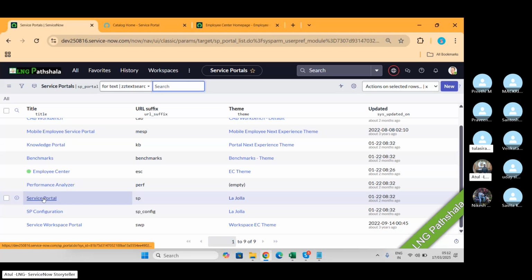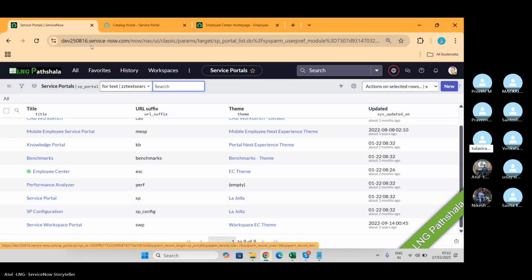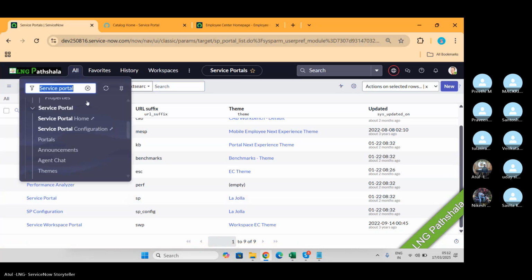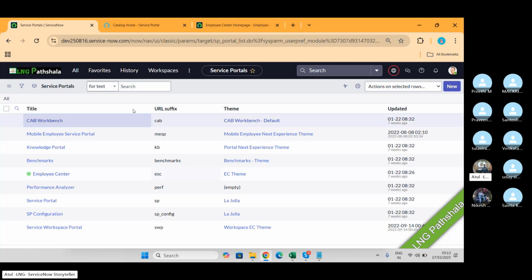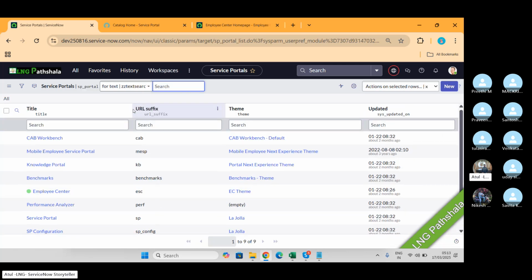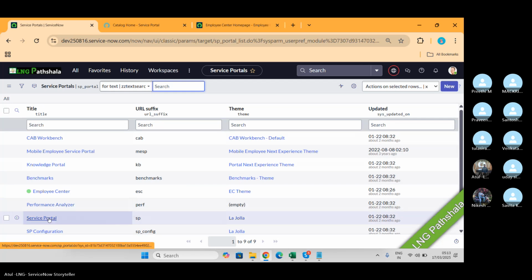Go to All, service portal, portals. And when you click, you will see this particular table, sp_portal, and under that we have an SP portal. Click on this.